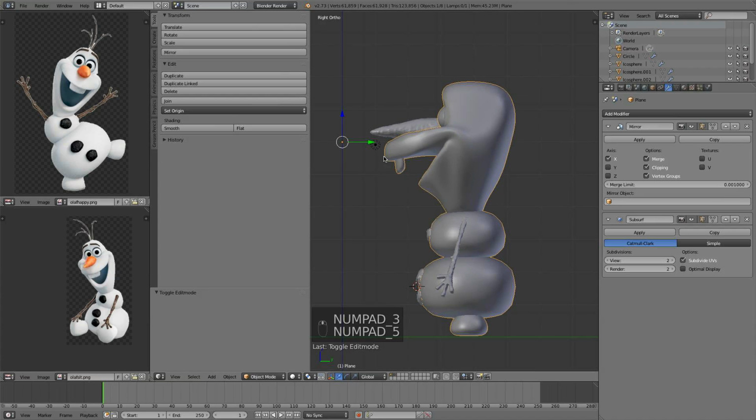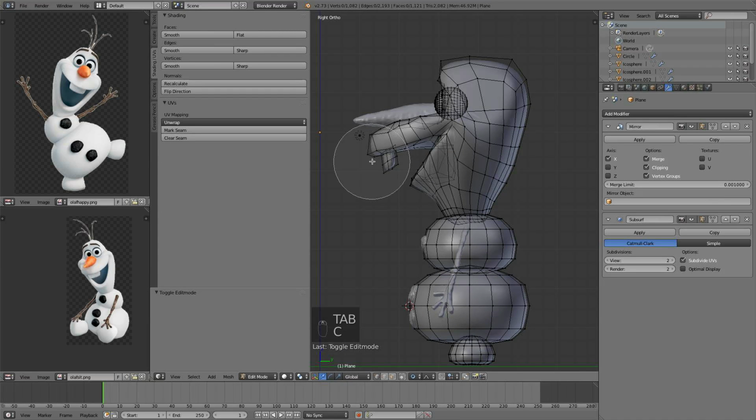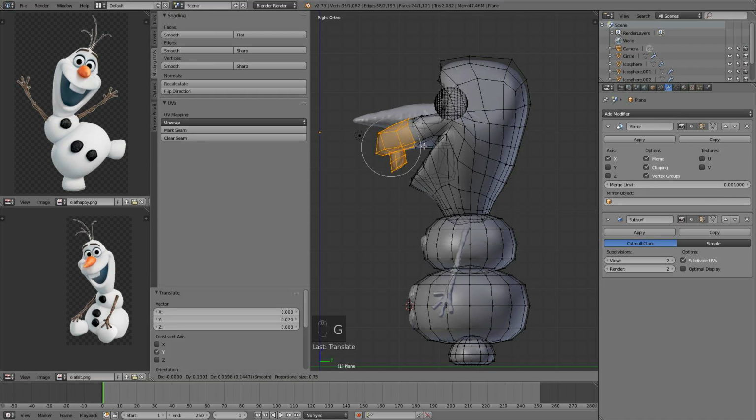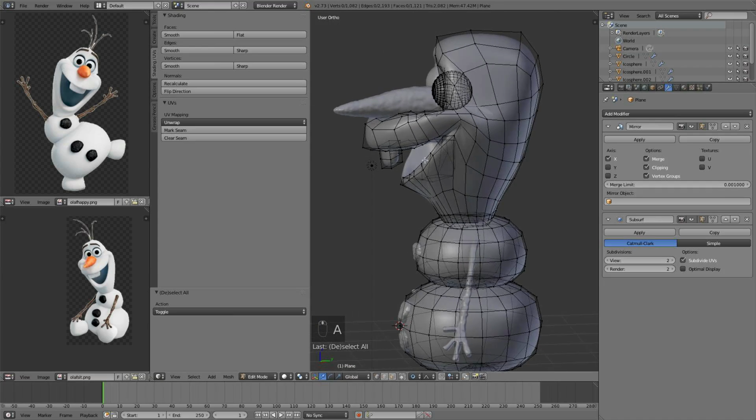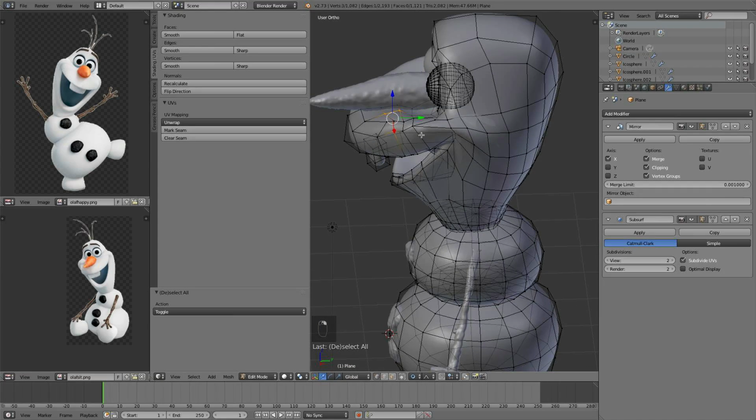I think his mouth might still overhang here a little bit, though. A little bit too much. Let's just grab his tooth and kind of pull that in a little bit. Yeah. Pull his nose back a little bit there. That's a little better. Maybe we can even pull his whole